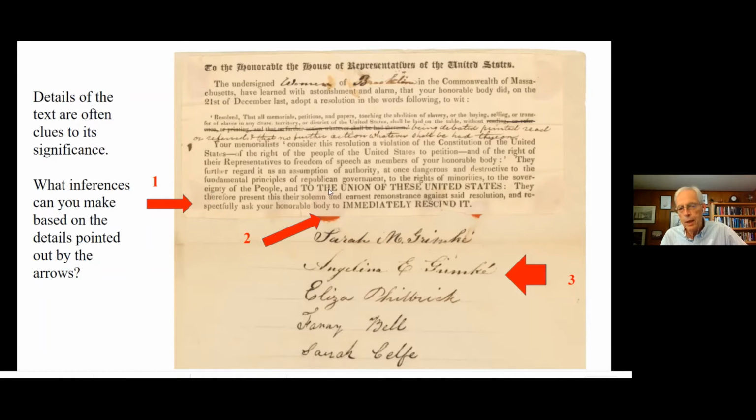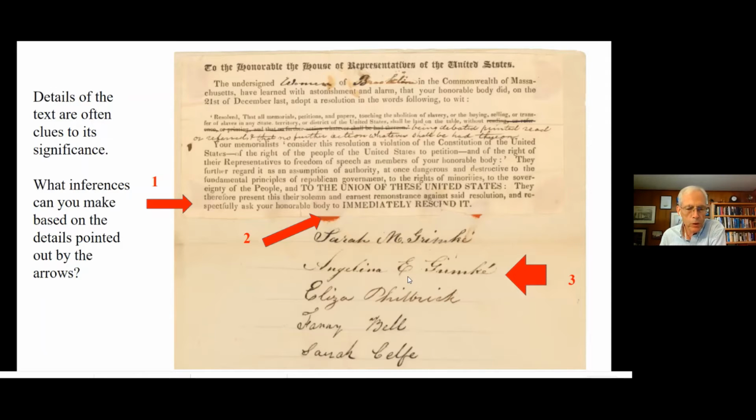They cut out the top part, and you can see the wax seals, which is number 2, kind of the 19th century version of Scotch tape, where they sealed the top part, which they cut out, to the bottom part, which is lined paper. And then the third thing that you can notice is the signatures of the Grimke sisters. And the Grimke sisters, Sarah and Angelina Grimke, were incredibly important women in this time period. They were the daughters of a South Carolina plantation owner, yet they rebelled and they went up north and became leading abolitionists.